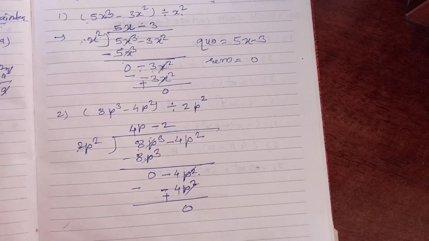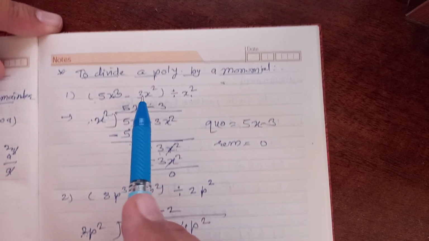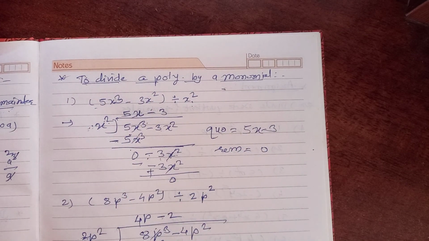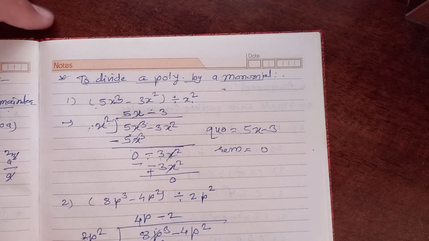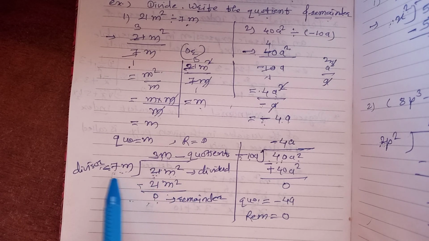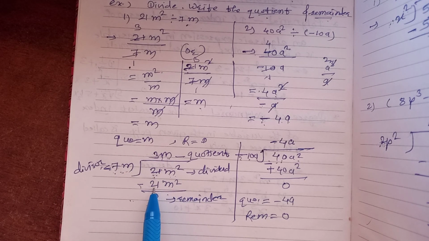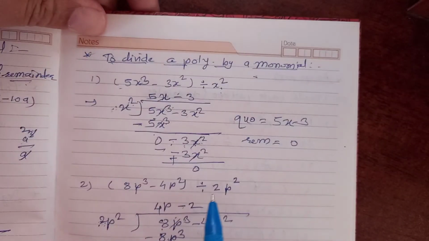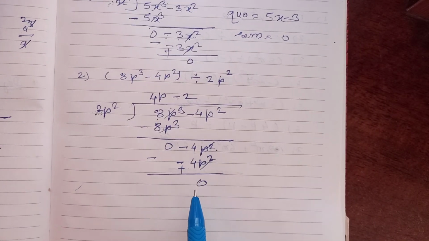So it is very simple. See now, this is what we have studied: dividing a polynomial by a monomial. If polynomial, you have to divide one term at a time like this, and if monomial, here directly we can divide like this, 21, only one term. Here we adjusted 7 3s are 21. Here m square, so you have to multiply this m by m. This is simple, but in a polynomial you have to adjust these two terms.